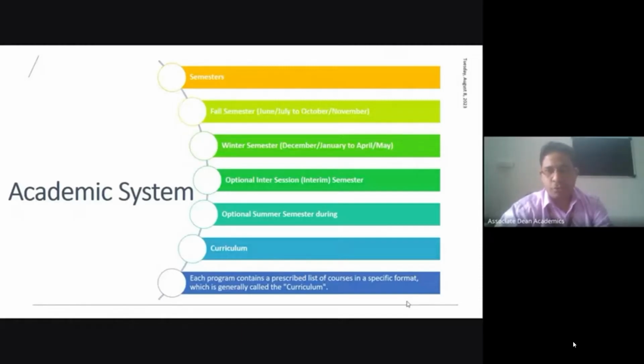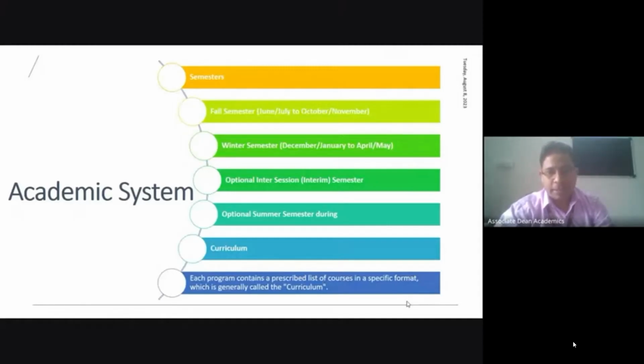But overall, I told you we will have two regular semesters in an academic year. Academic year usually can start from July to June, or June to May. But overall, it will consist of two regular semesters, and depending on the requirement, we can have one intersession semester, which is also called interim semester. And depending on the requirement as well, we can have one summer semester if some students are having backlog courses or pending credits. Especially for backlog credit or pending credit, we can plan an optional summer semester as well.